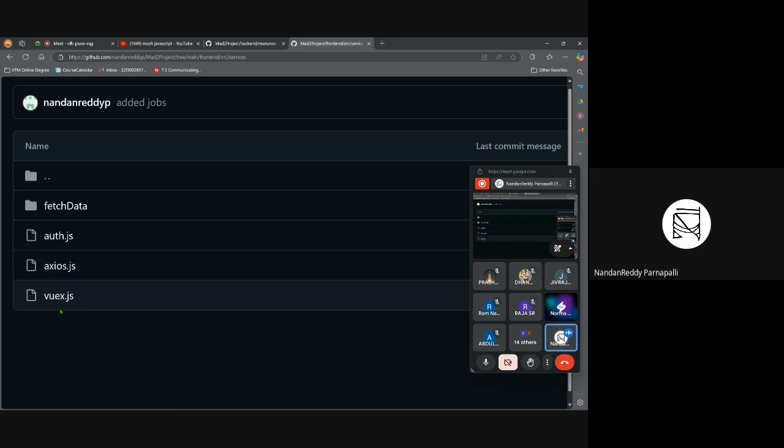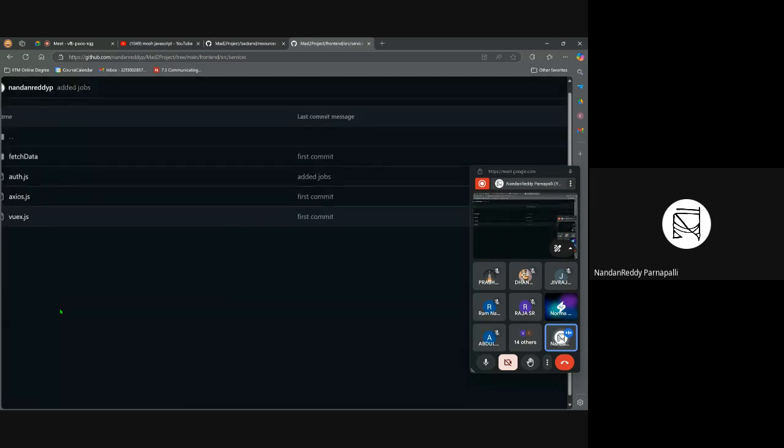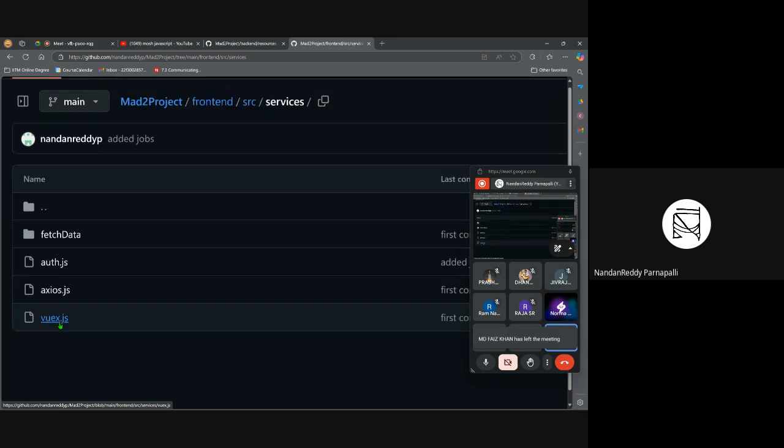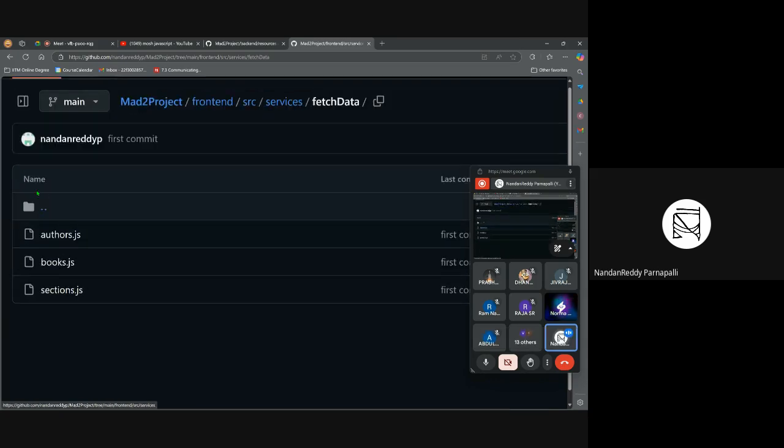So Vuex is state management, like storing the current user's information. Whenever you refresh, the data will be gone in JavaScript. So that's why we are going to use this Vuex, which will keep the state persistent. That's it. And fetch data. So this is the fetch data. I defined some